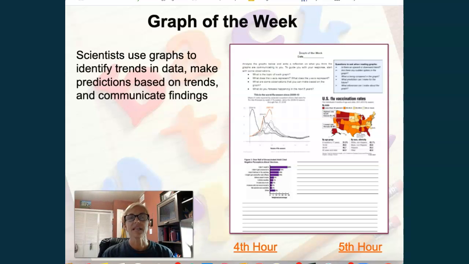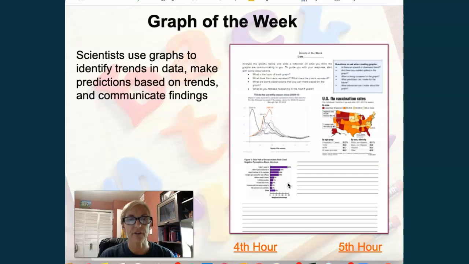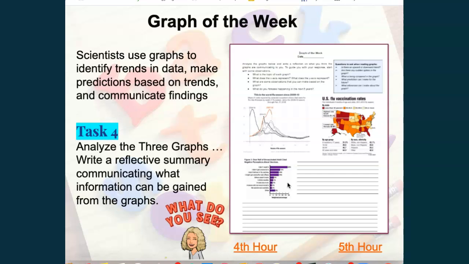So we know scientists use graphs to identify trends in data, and we use those trends to make predictions. And then a scientist would communicate findings, and you're going to read about those in your scientific method review. So then we want to look at this document that has 3 different graphs related to the flu virus, and we want to write a summary, a review of sorts. What information is gained in these graphs? What information are the scientists trying to